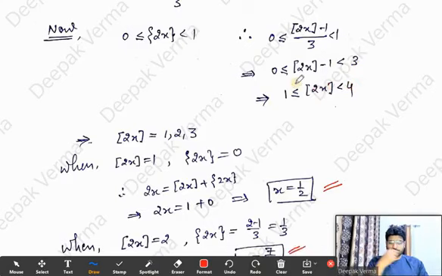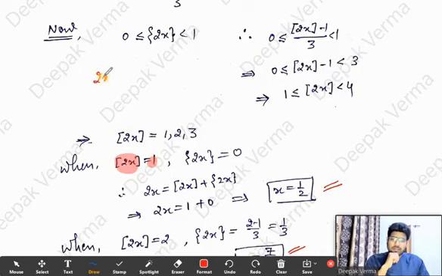Is it clear? But box 2x is an integer. So here we are saying it's an integer lying between 1 and 4. Integers between 1 and 4, where 1 is included, are 1, 2, 3. But we need the value of x. Okay, fine.